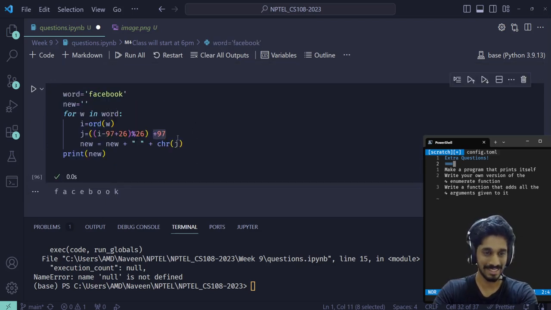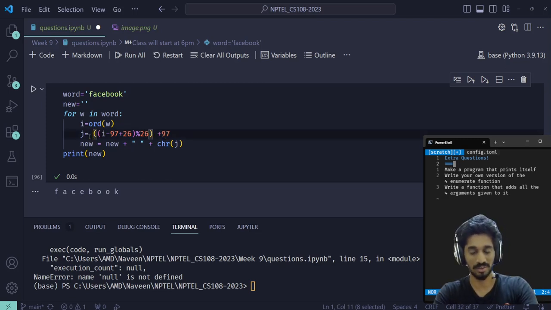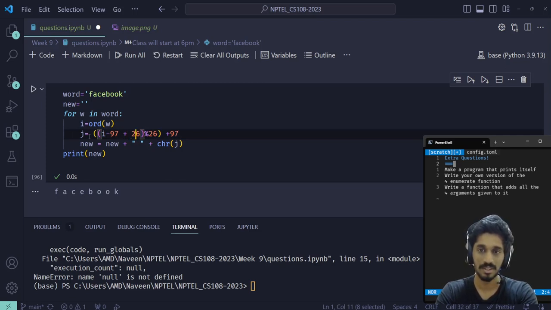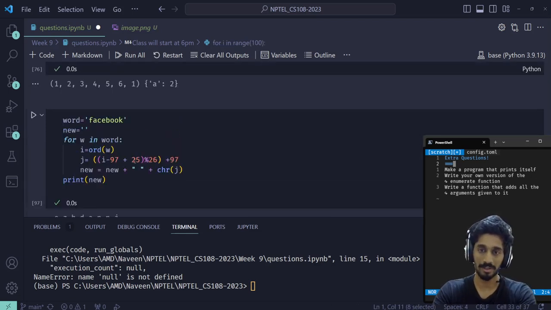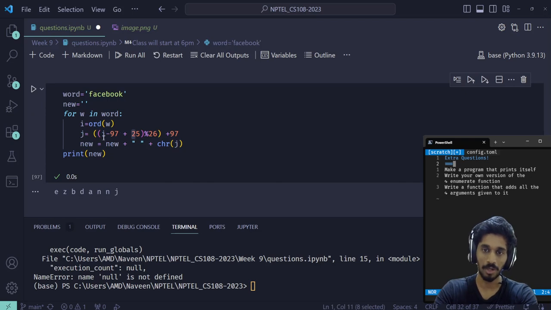This plus 97 is very vital for this question. This question is essentially just checking your understanding of maths. If you change the number here, then instead of adding plus 1 every time, you're going to be cycling through the letters. So if I make this 25 instead, what will happen is,